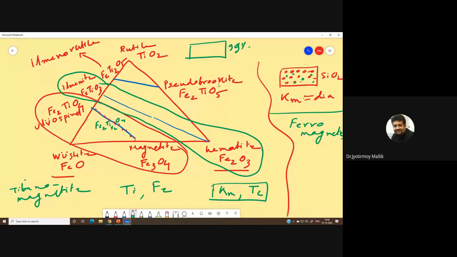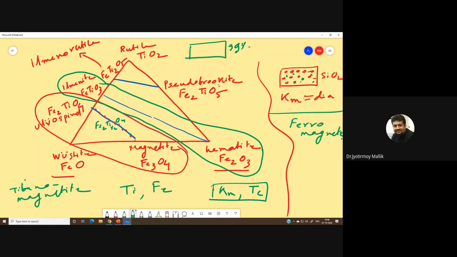Okay, sir. Whether it is completely devoid of titanium, then it is purely magnetite, and if there is a certain percentage of titanium in the crystal structure, then it is titanomagnetite. And if one of the iron is completely replaced by titanium, then we call it ulvospinel. Is that clear? But any percentage of titanium impurity is possible in magnetite. So that will shift the point from here to here to here. It can be anything. Hence, it is called solid solution.